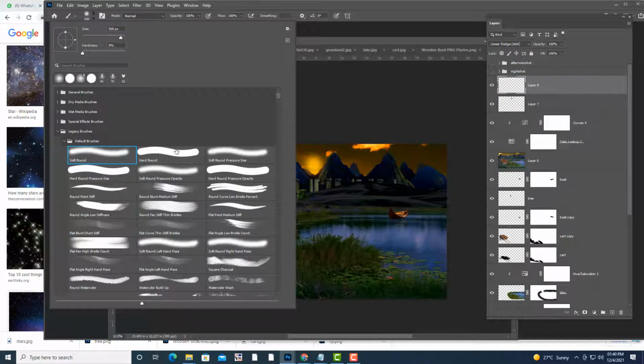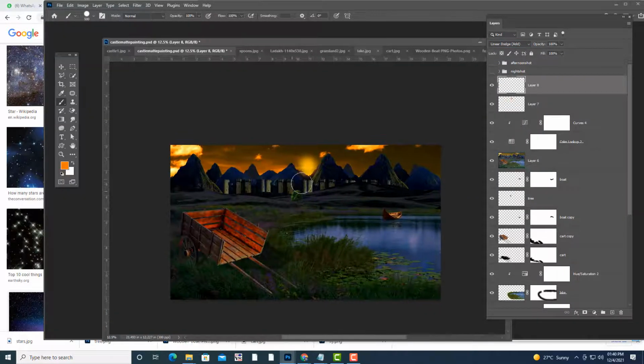This time I will select a hard round brush. So something like this. In case you want to reduce the opacity, you can reduce. Light opacity. You can remove the shadow if you want.